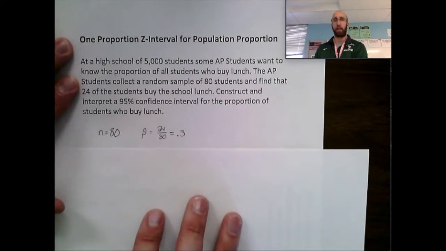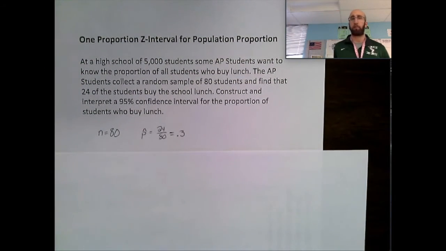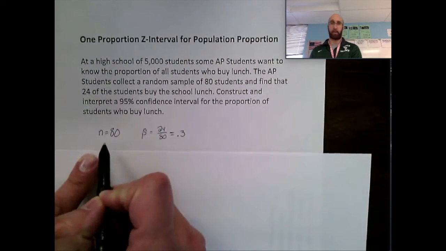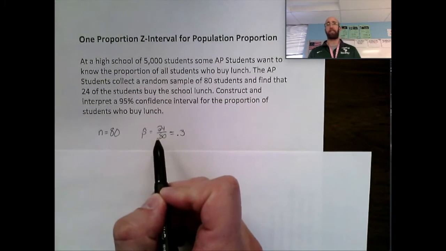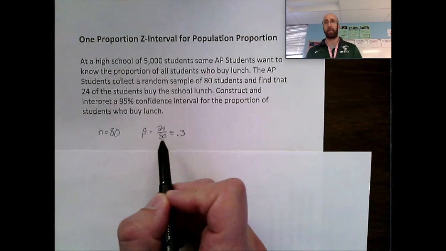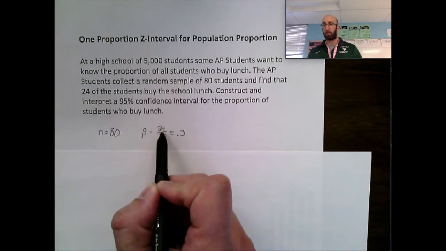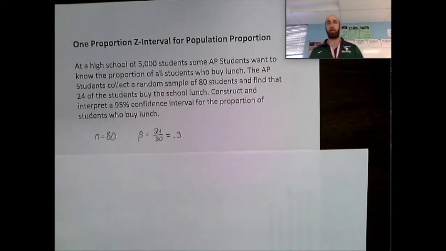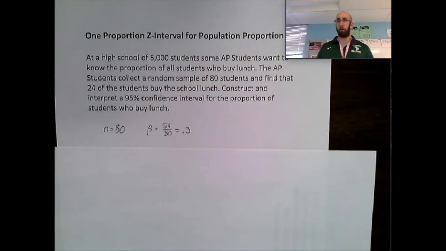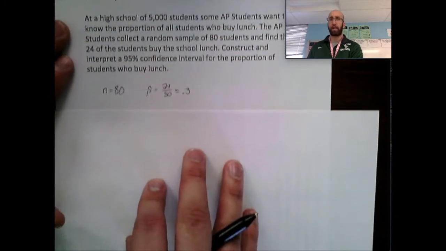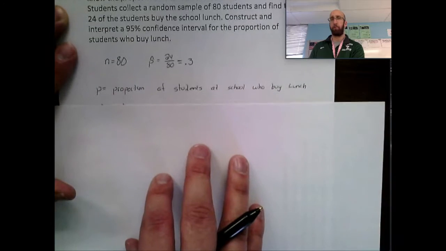The first thing I would do in this problem is work through and pull out the relevant information. So we know our sample size is 80, so I'm pulling out n equals 80, and then I know my sample proportion, p hat. They told us 24 out of 80 students buy the school lunch, 24 out of 80 being 0.3. So I pull out my n and I pull out my p hat. Once I have those pieces, I'm ready to start moving through